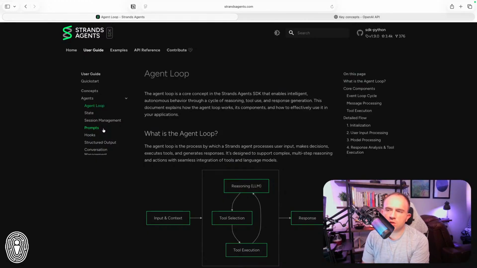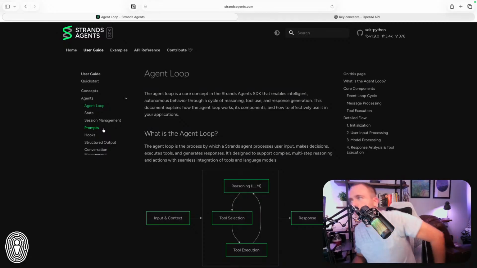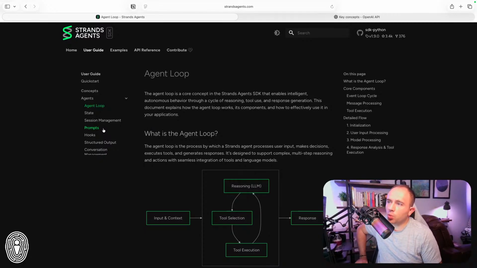Today we're going to focus on Strands, but just be aware, Strands is not the only agentic framework. The industry at large is not settled on a preferred agentic framework. We will also cover at some point, not today, smolagents, Hugging Face's implementation of an agentic framework. We'll cover LangGraph. We'll cover perhaps Crew AI.